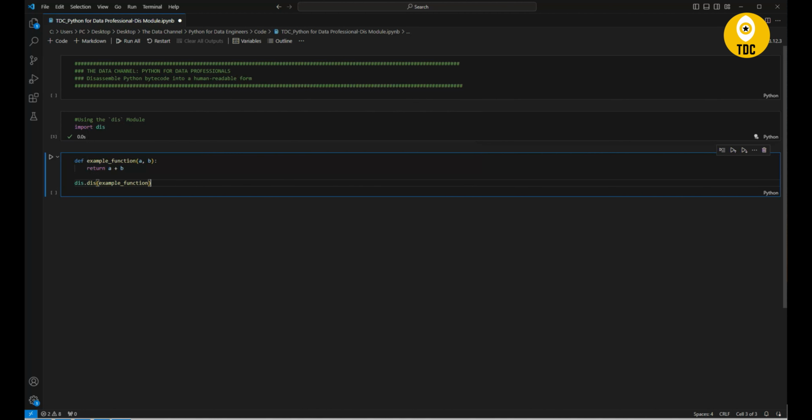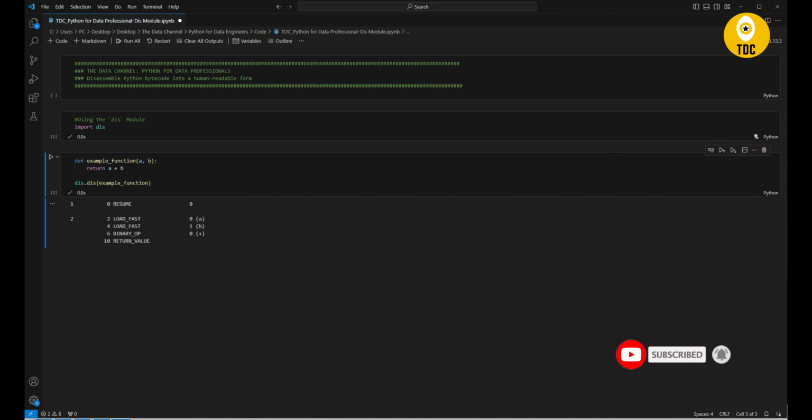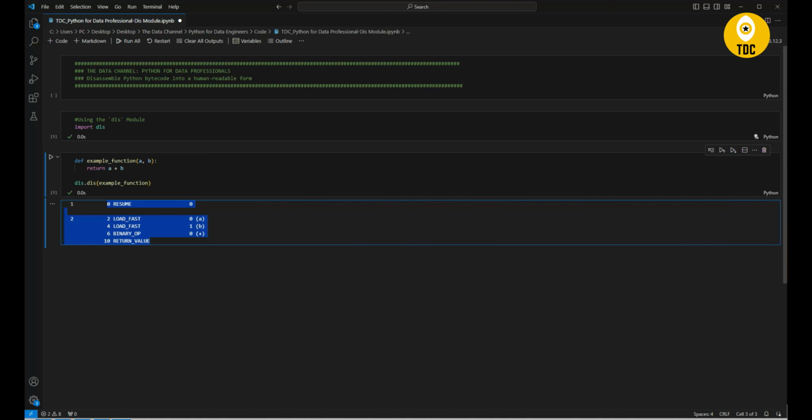So this is how you disassemble the function and see what exactly is internally. This is what the dis module output looks like. This is bytecode, the same bytecode which the machine executes internally, but it is more readable when you are using the dis.dis function. And you can see here